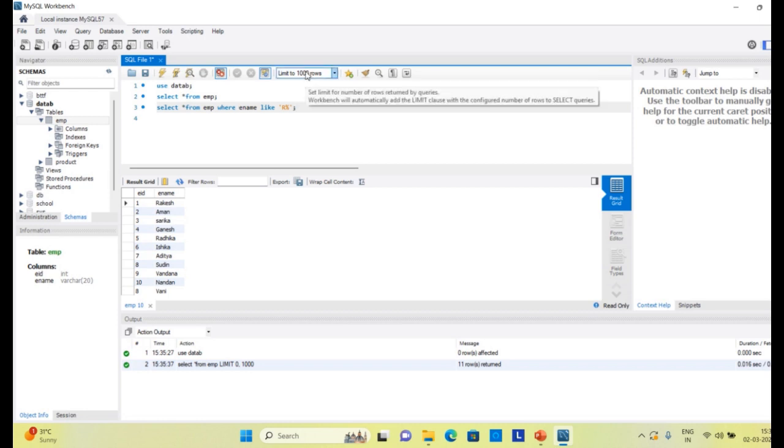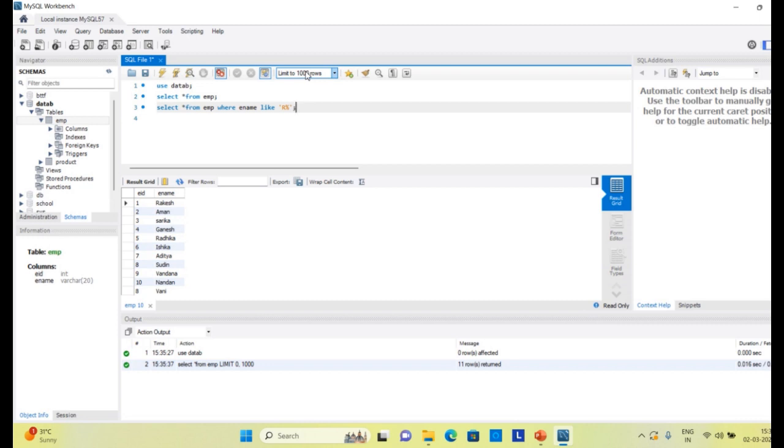You can see this query very easily: I have put the LIKE operator, and I want the ENAME to start with R, and I use the percent wildcard for whatever comes after.